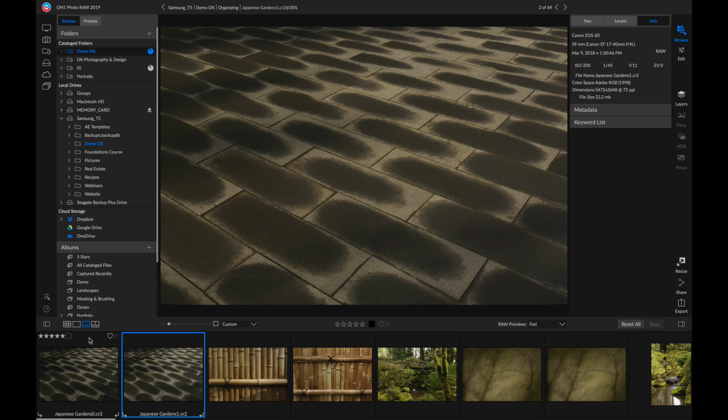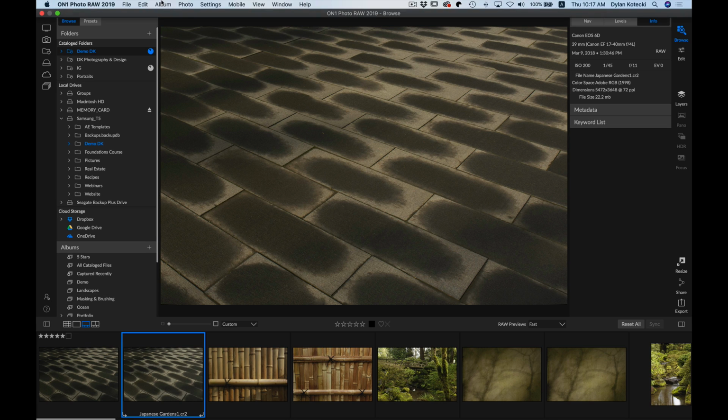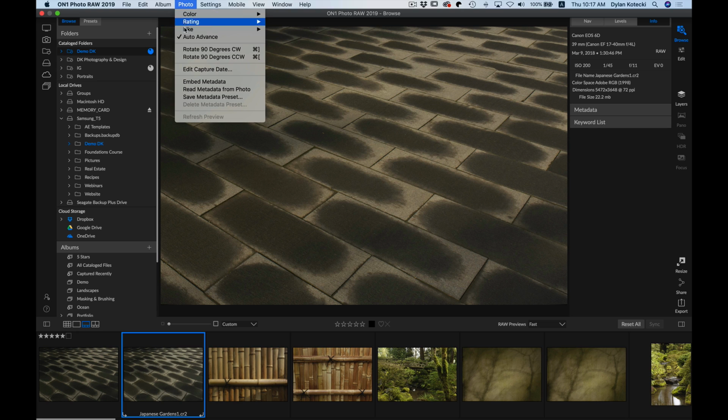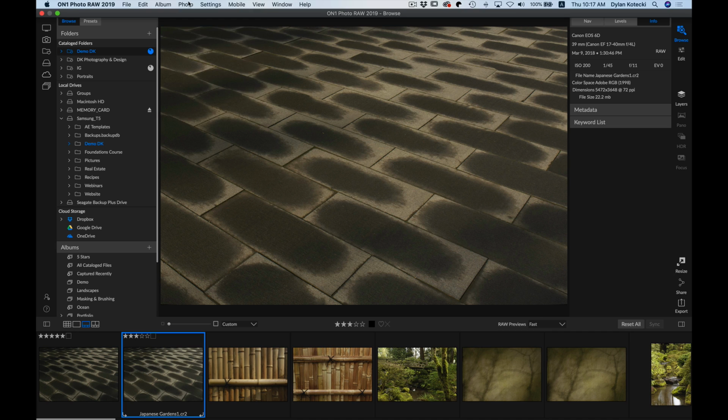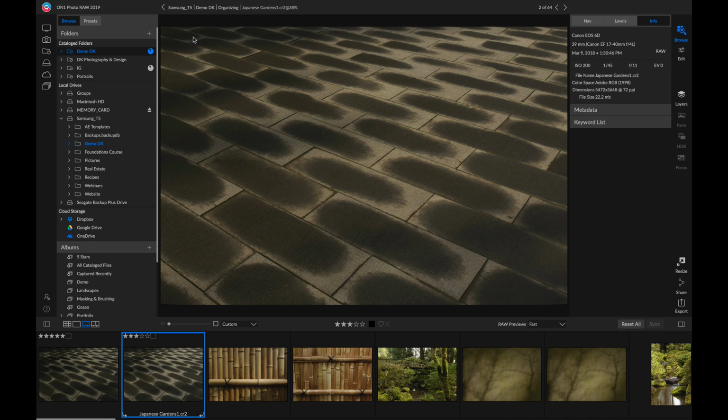You can turn that on or off by heading up to the top bar and going into Photo and selecting Auto Advance. So now if we turn this off and we rate this photo, it'll stay on that photo and it won't advance to the next one. Let's go back and turn that back on. Now if we go through and rate a few of these photos,